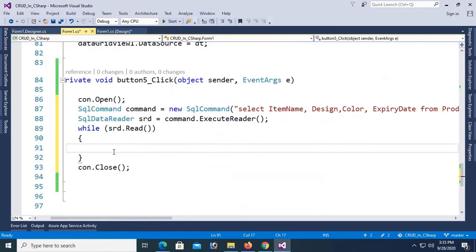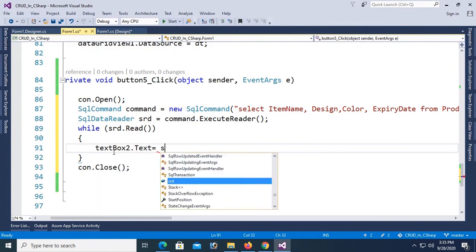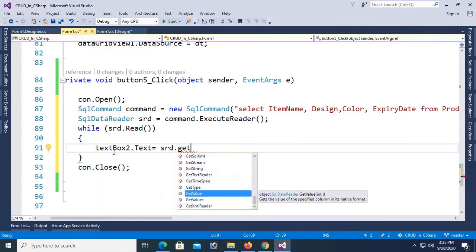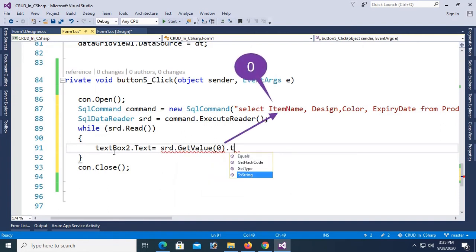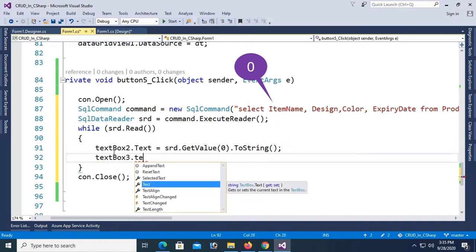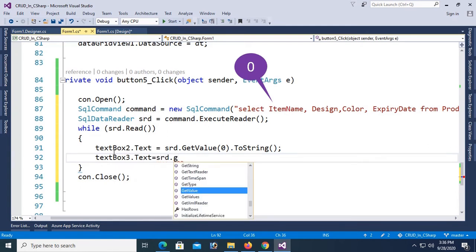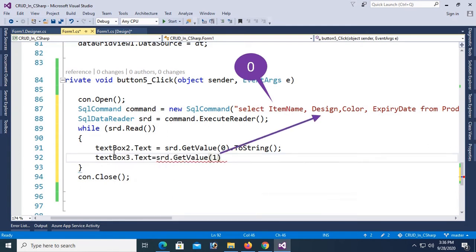Now textbox 2, I mean item name. Textbox 1 is for product ID, textbox 2 item name, textbox 2 dot text equal to SRD dot GetValue 0. 0 means item name. Note that index in C# always starts from 0. So 0 index is item name and design is index 1